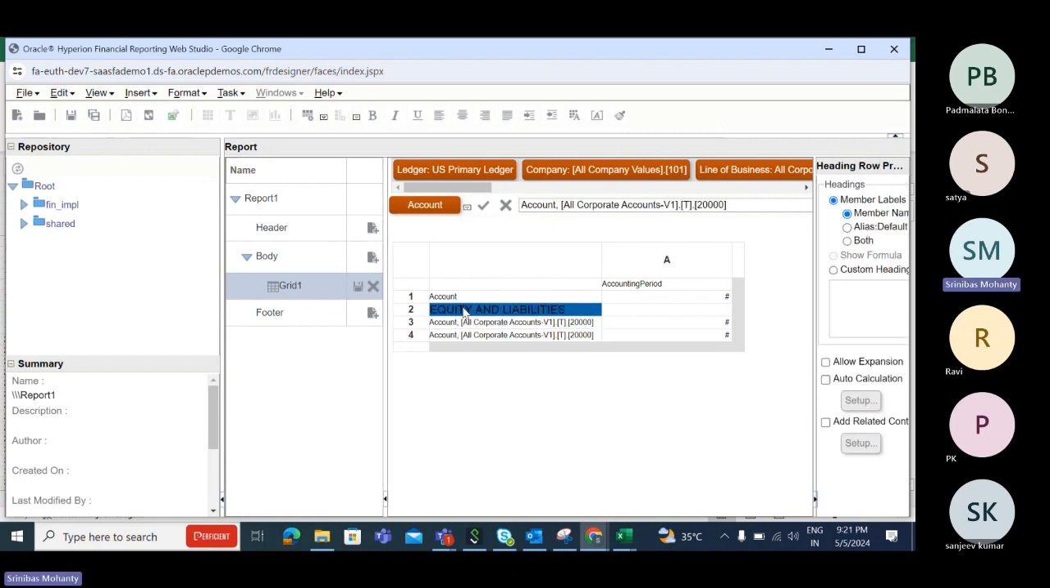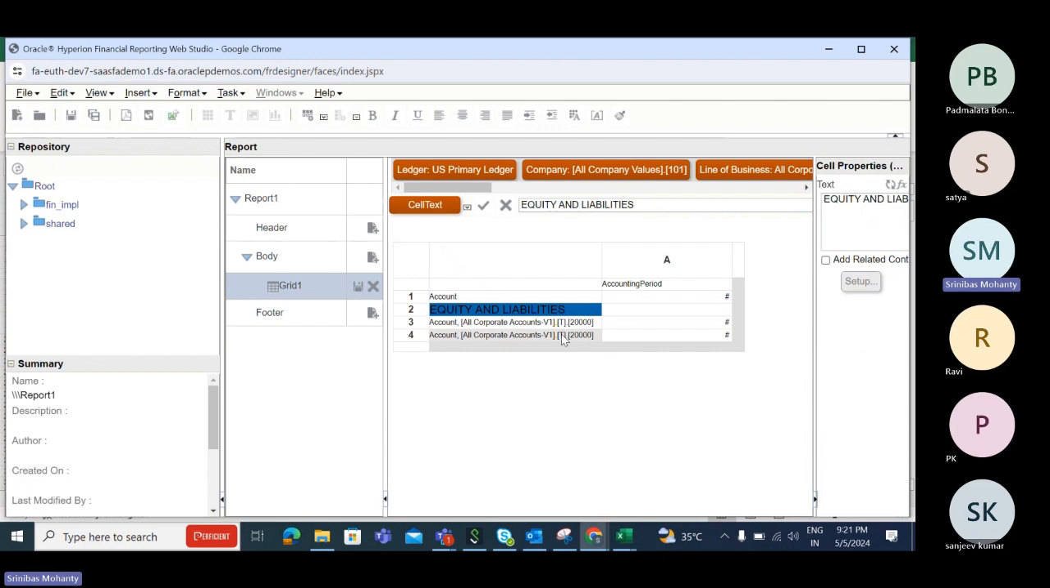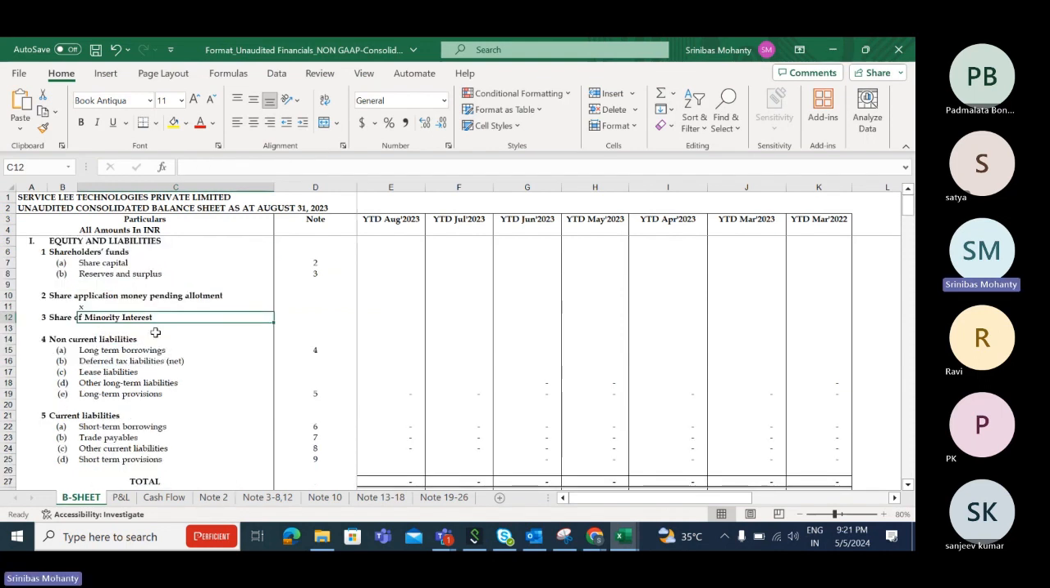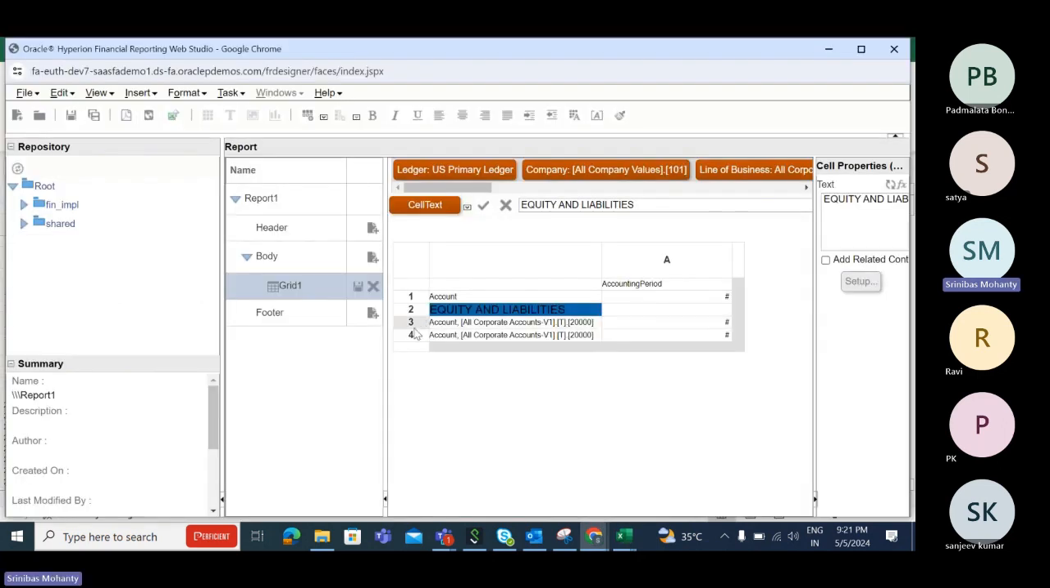So here under equity and liabilities, I have mentioned I have taken all the liabilities, but you have to take them separately based on the liabilities category. First, you have to take the liabilities, then you have to take your current liabilities, non-current liabilities. Separately, you can take. Okay. Then